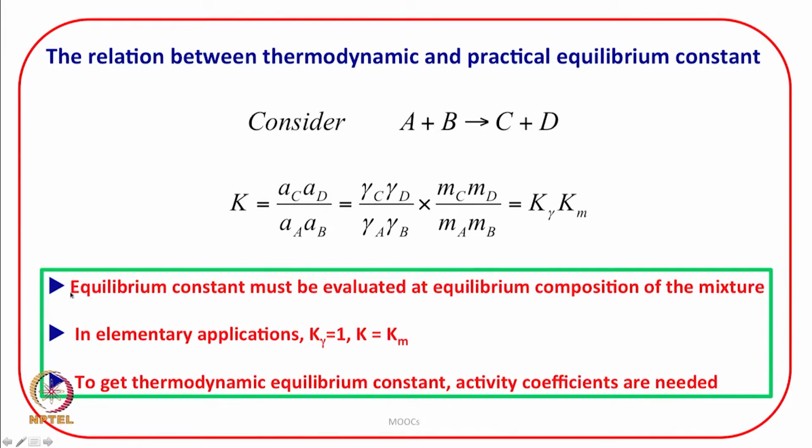That means evaluation of the equilibrium constant will require knowledge of the values of activity coefficients at the equilibrium composition of the mixture. And in elementary applications, we put K gamma equal to 1, and to get the thermodynamic equilibrium constant, activity coefficients